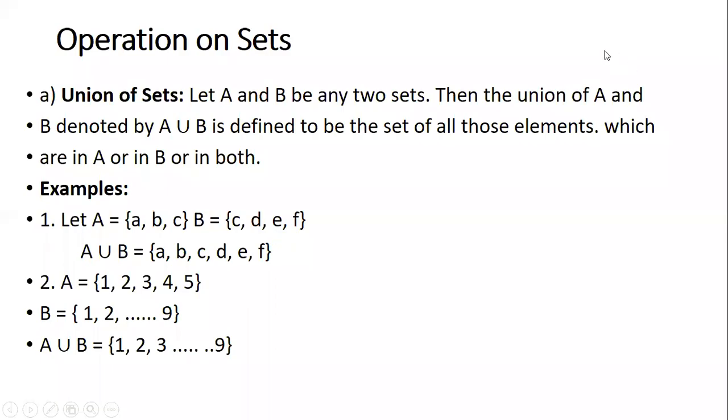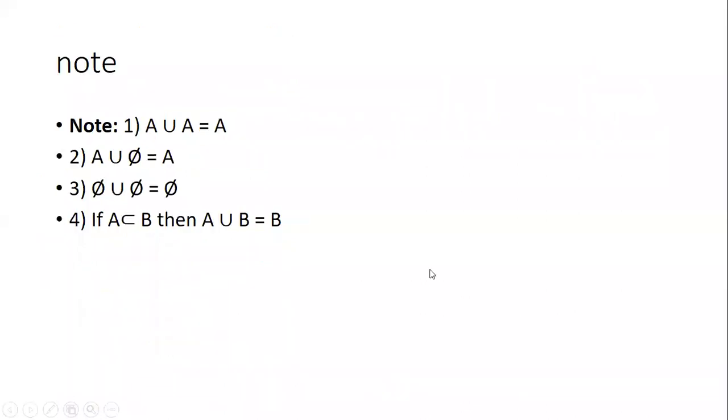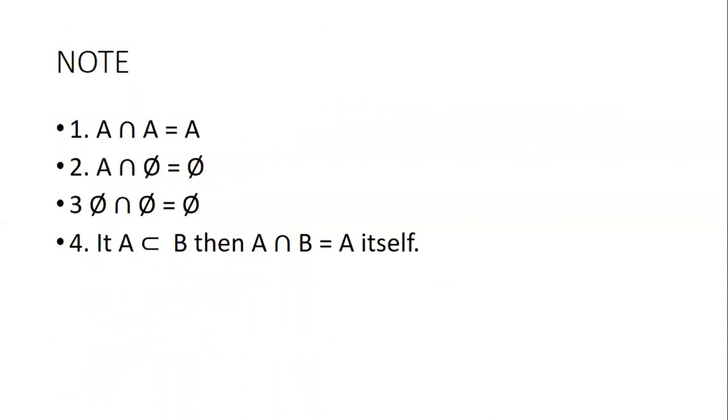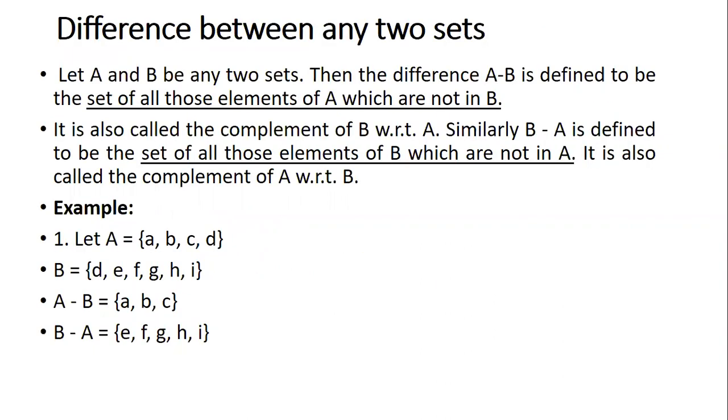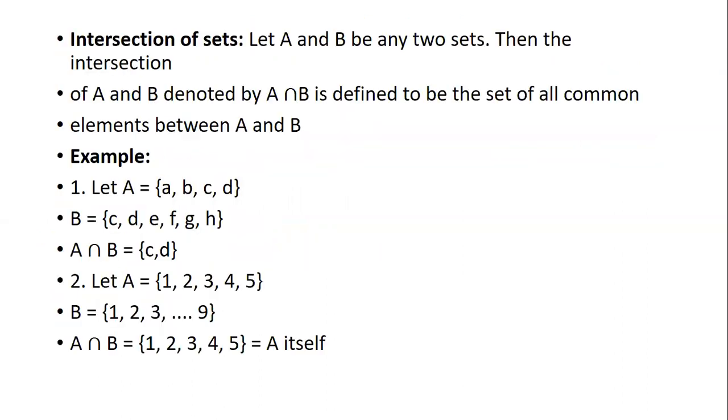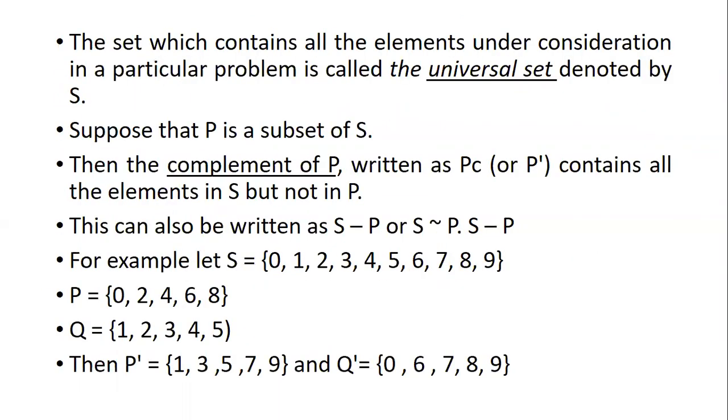Okay, so in the previous class we learnt what union of sets and intersection of sets are. We also learned what the difference between two sets is. Correct? And then we also learned another concept called complement of a set, where we consider every element other than what is available in the set. That is called the complement.